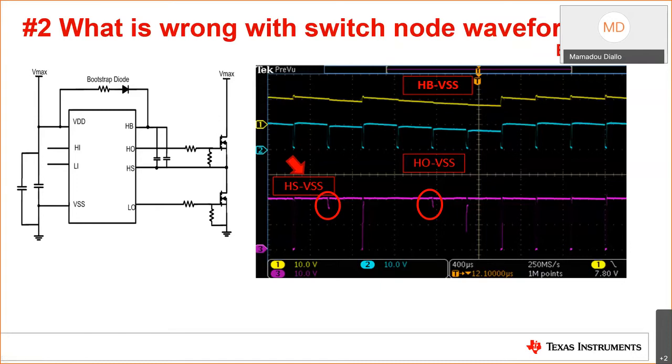So what this essentially means is that during the low side on time, during which the HB-HS capacitor charges, you don't have sufficient time to fully charge the HB-HS cap. As you see on the waveforms, during some pulses, the HS signal is switching very close to ground, while others are limited to 15, 18 volts.